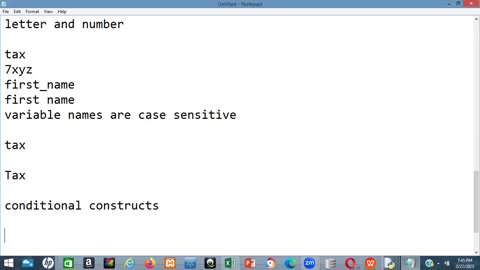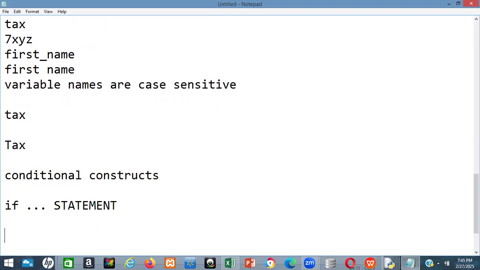The simplest form of conditional statement is the if statement. The if statement in Python goes like this: if condition